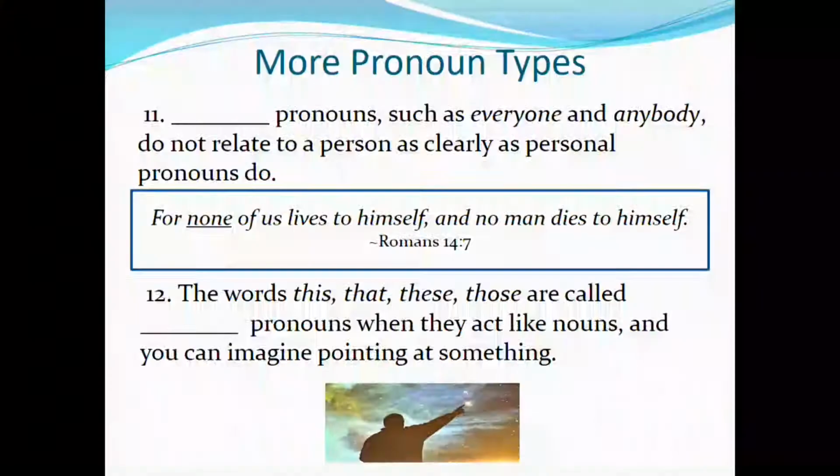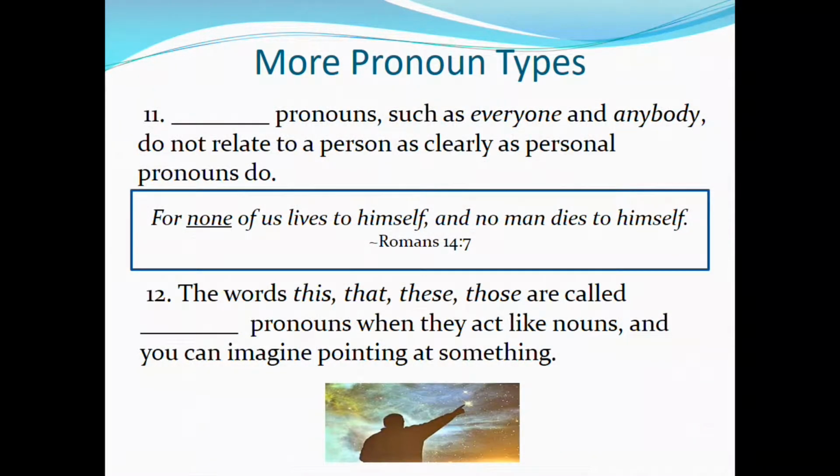you point of view. So that's the beauty of pronouns, too, is they give you the perspective or the point of view of the speaker or the writer, whichever the case may be. So I hope you're getting to like pronouns. Even though there are not many of them, they play a big role in our speech and our English. All right, let's go on to more pronoun types.